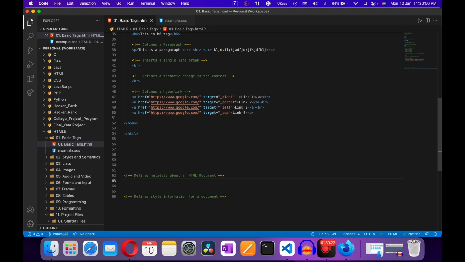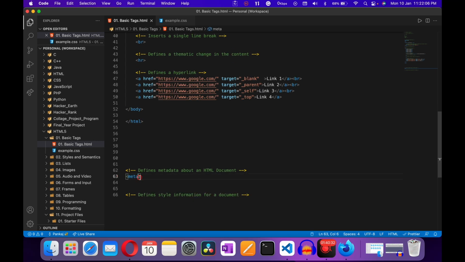So here you can type meta, and you can see a lot of examples like meta compat, meta desc, meta age, meta kw, meta redirect, meta utf, or vp. So here are some examples of meta. You can use meta to contain some specific information about your HTML document, like character set or other useful information related to your document. So I'm just writing here simple meta and hit enter. So here you can see meta comes as a single tag, meaning it comes with only an opening tag.